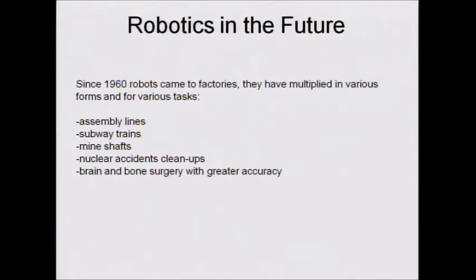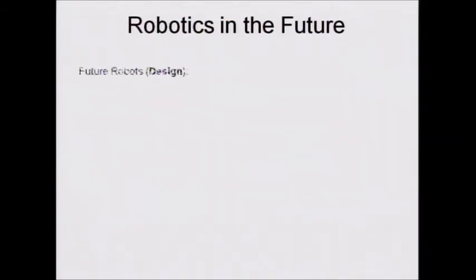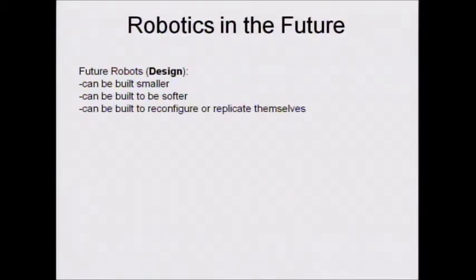So where do we go from here? Of course, new designs and alternative ways to build robots, as we showed you. In the design of robots, I guess in the future robots will become smaller and smaller. I think robots in the future should become softer and softer, especially if you want robots to work with humans. Robots can become reconfigurable, like transformers. They can take different forms and shapes to do something. They can also replicate themselves.